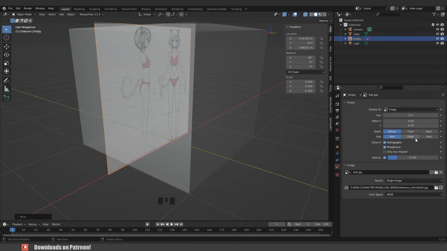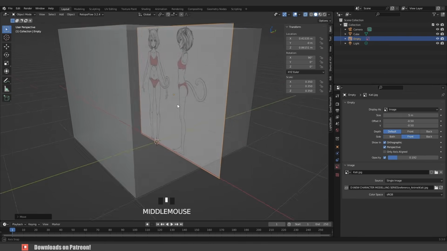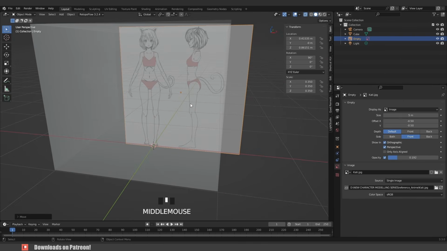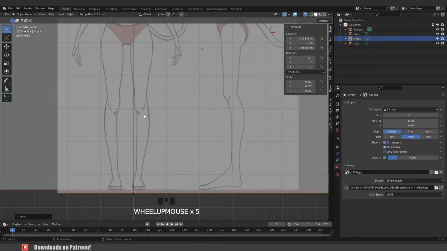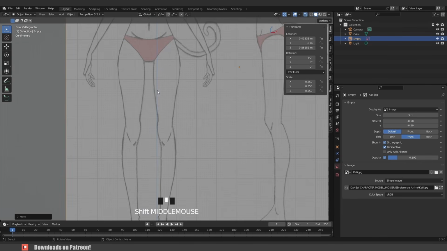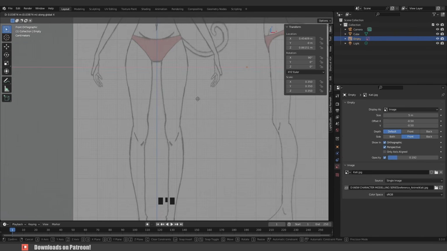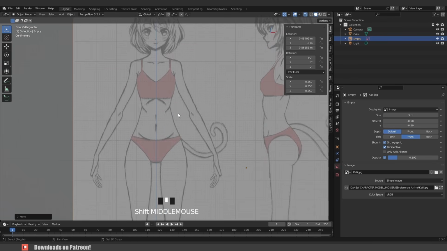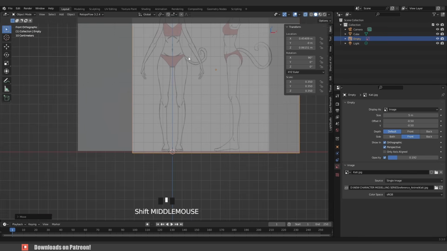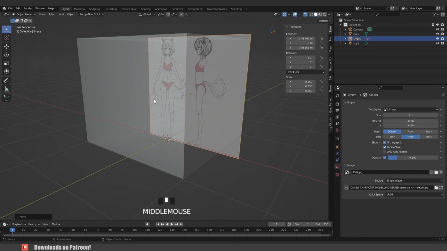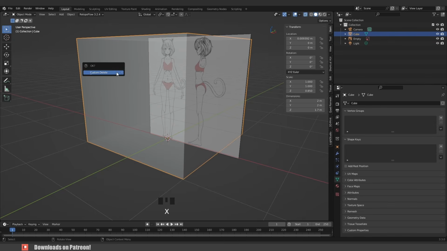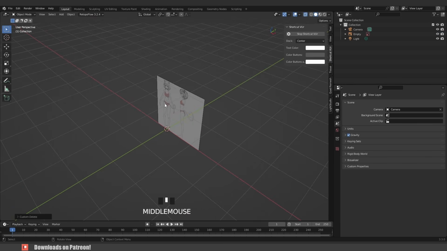If you don't like to see the photo from the back, just click on front. Numpad 1 again to go to the front view. Important, guys: from the front view we need to line up the middle of the character on the Z-axis. I think it's good. Select the cube, we don't need it anymore, X and delete it. Select the Move Gizmo,